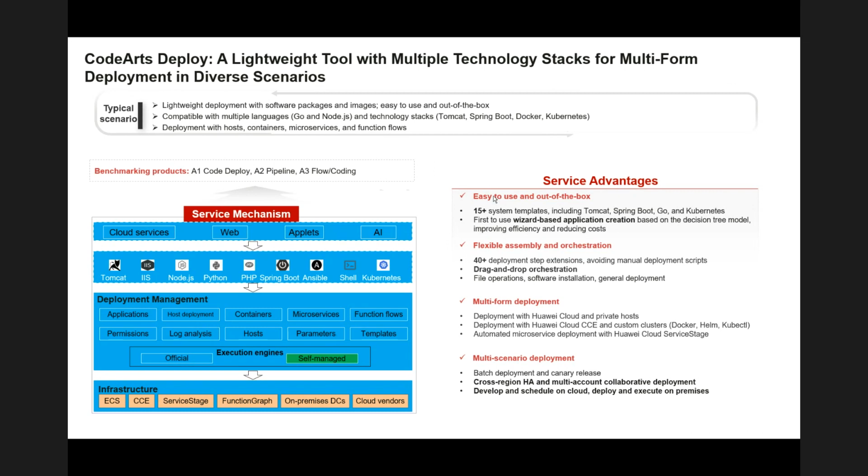Okay. So CodeArts Deploy has some features such as it supports host deployment and container deployment, like I mentioned previously, the Kubernetes and the Dockers. And then it also provides system templates such as Tomcat Server, Spring Boot, Django. So yeah, when you're creating a CodeArts Deploy task, we have some templates for you. Of course, you can also edit it or create a whole new one with your own task,